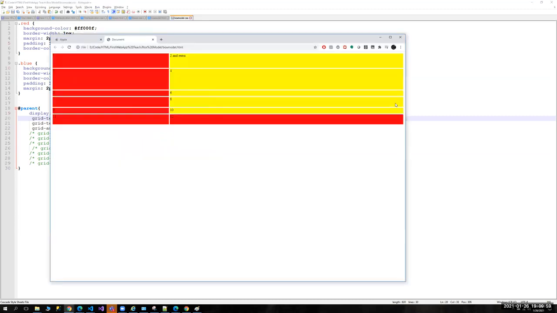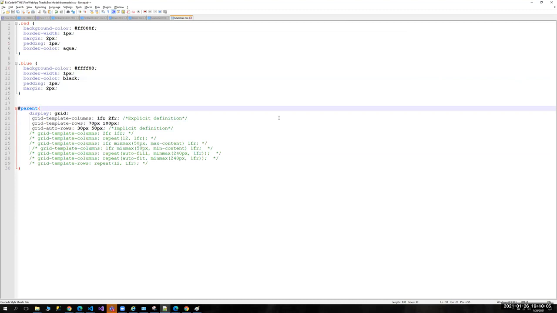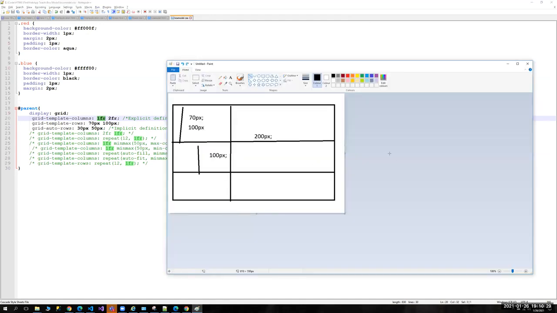When I use fractions, the main difference is it would try to fill the entire page, versus when I use pixels, it only defines to that pixel. That is one of the reasons why I specifically said to use pixels only when you think it's absolutely necessary. Otherwise, I would use fractions. Another thing I want to mention is,